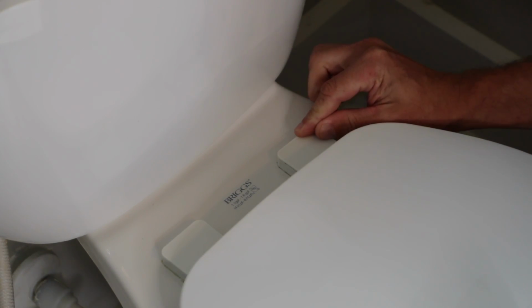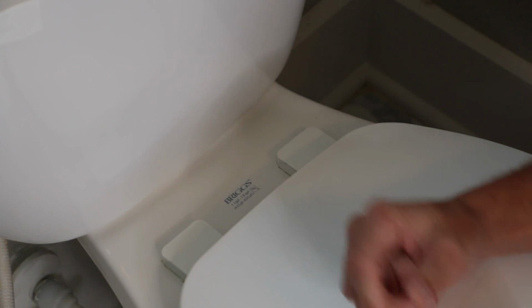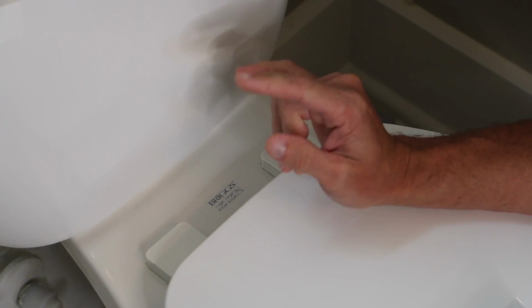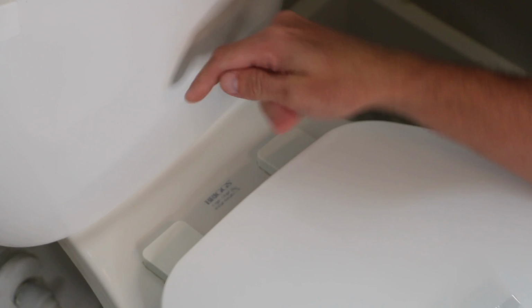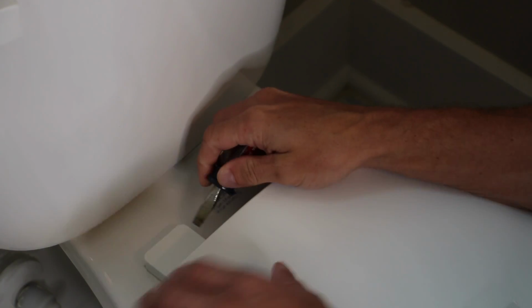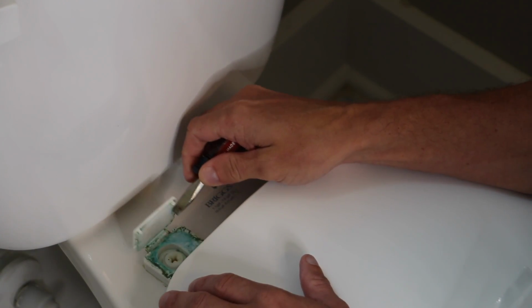There's two ways to really do this. You can reach underneath. These are plastic. Whenever you're dealing with bolts, the bolts connecting to your toilet are likely going to be plastic unless it's super old, and they might be brass or something else. But they're plastic, and they have plastic nuts on the bottom. So there's two ways to really do it. You can reach under and basically just loosen the bolt underneath, or most toilet seats have these flip-ups, which are,